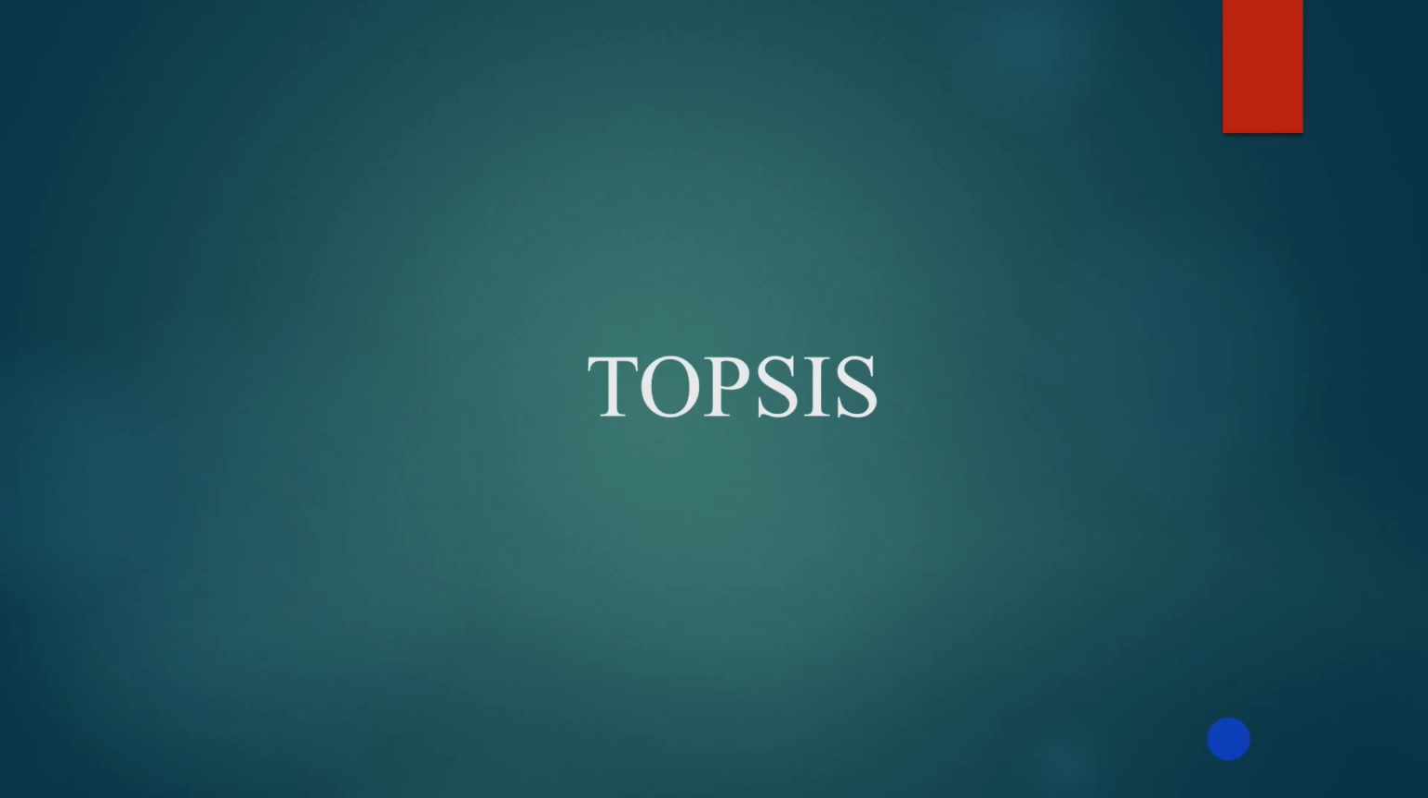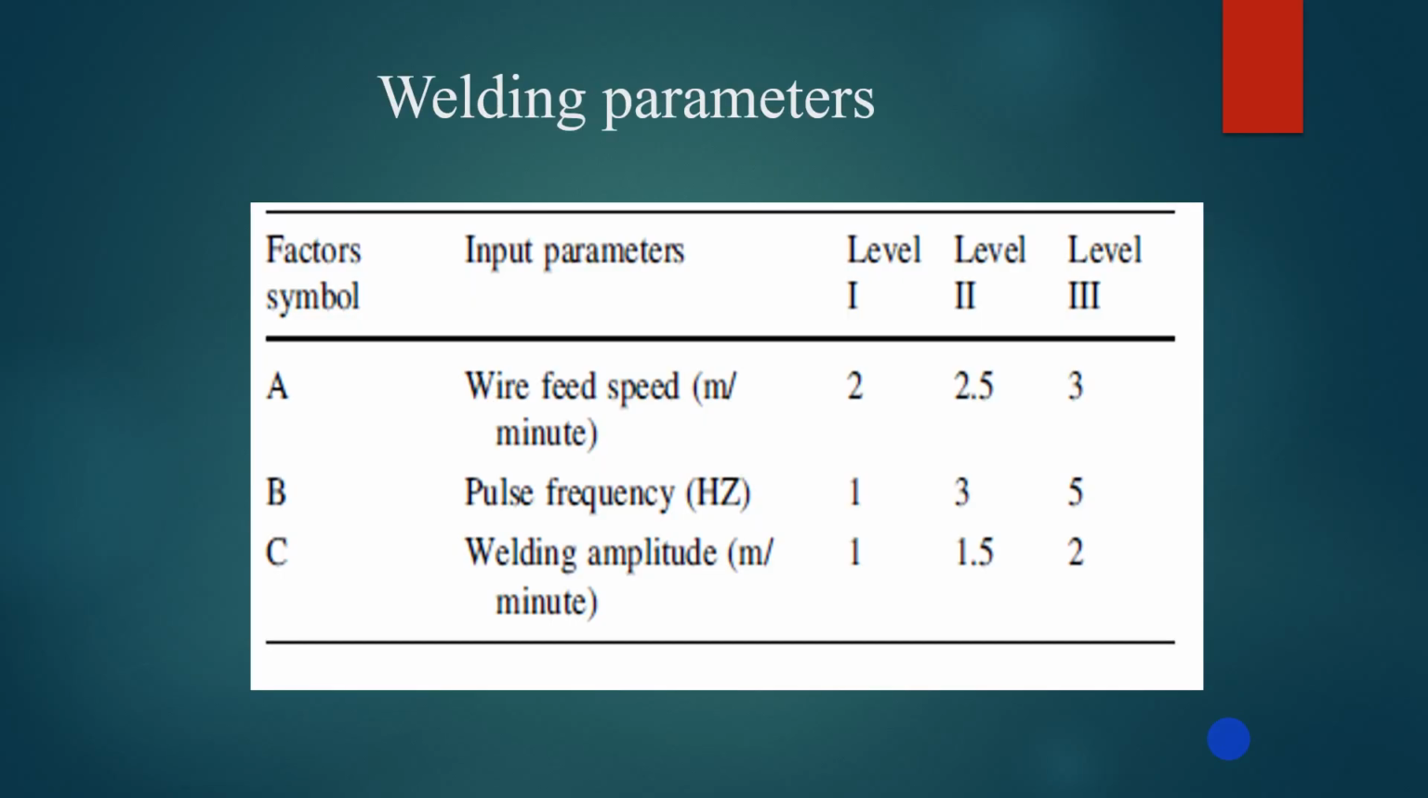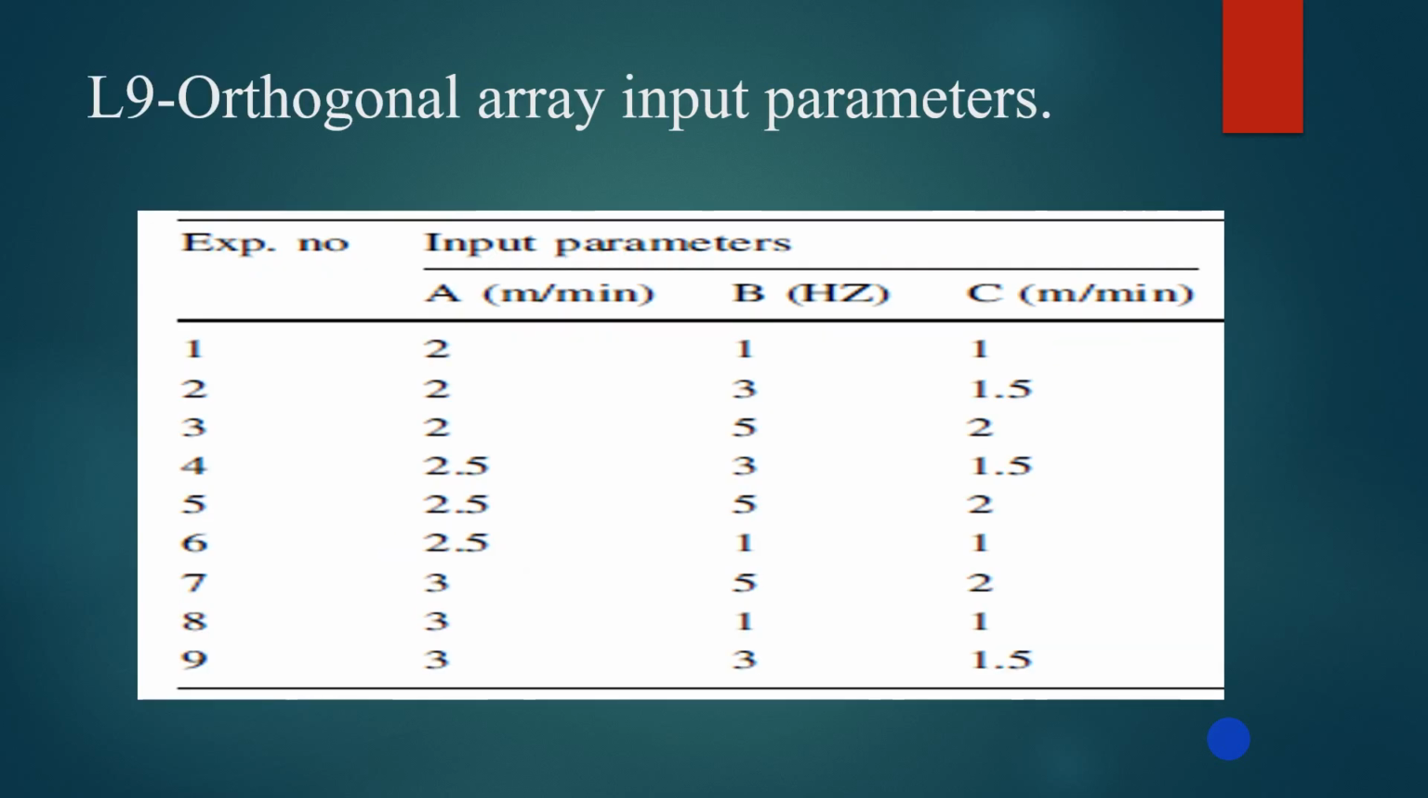In that paper, the authors have selected a MIG welding process, and they have tried to do a dissimilar joint between nickel-based alloy and stainless steel. They have considered three parameters, namely wire feed speed, pulse frequency, and welding amplitude, with three levels in each input parameter. So they have conducted their experiments based on an L9 Taguchi array,